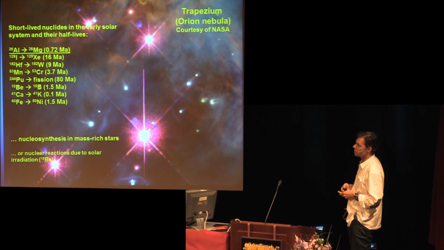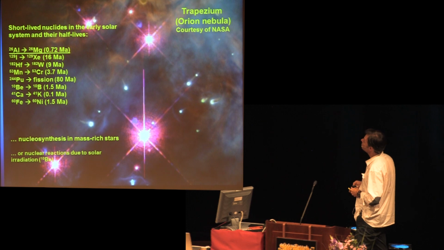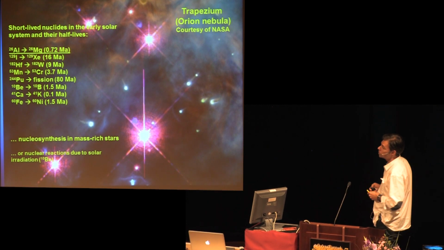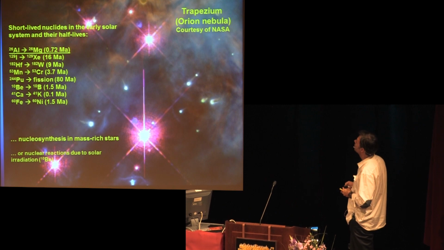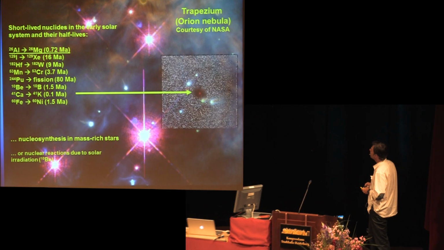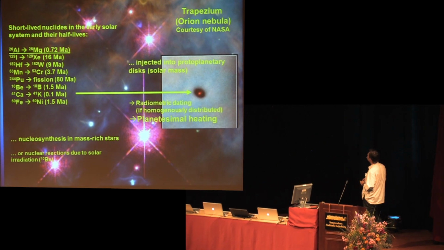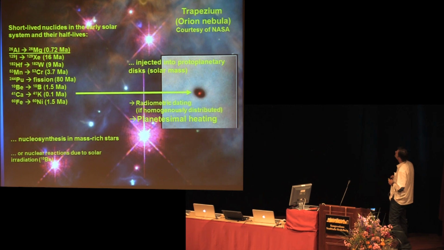Just imagine that the solar system as well originated in a massive star cluster. You have side-by-side massive stars which have a quite rapid evolution path, and if they are in their final stages, they emit strong stellar winds and can inject freshly synthesized material into nascent protoplanetary disks of solar masses.